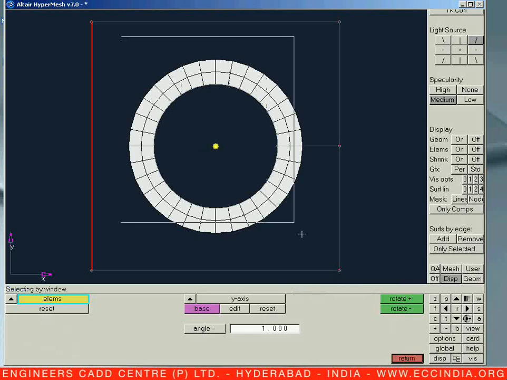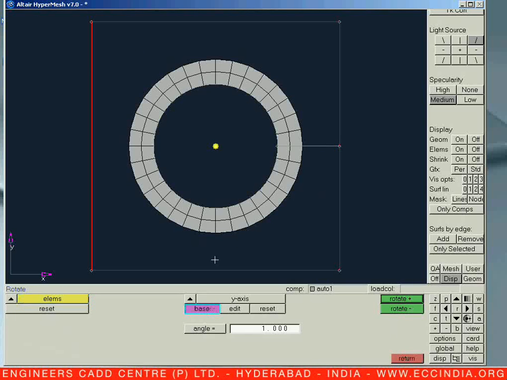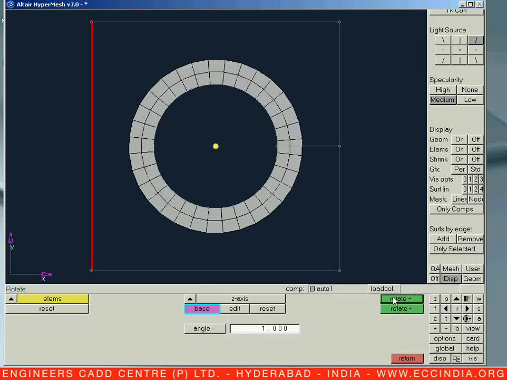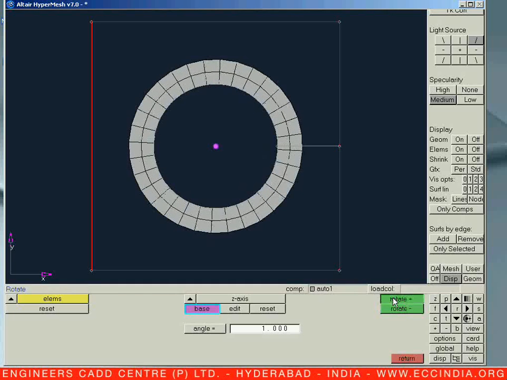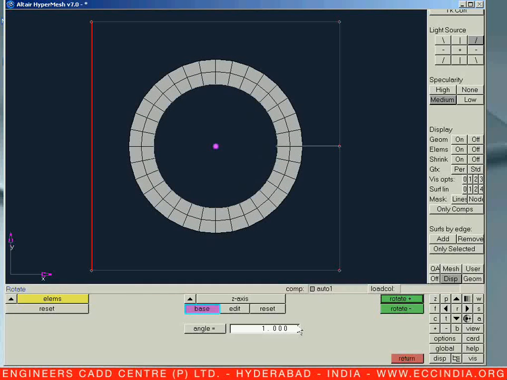the elements. So let us select all these elements about a base point, wherever we are keeping the base, about that particular center it will rotate. I need to rotate it about a z axis by an angle increment of 1 degree, and let us say rotate. Now we can see this is rotating about a z axis by keeping the base as a center. So in this way we are going to rotate it.